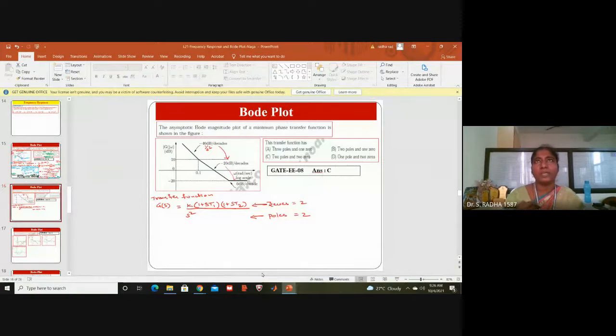Okay, in denominator first order factor means minus 20, numerator first order means plus 20, denominator second order means minus 40, numerator second order means plus 40. Integral factor means it is a denominator factor, each 1 by s will give minus 20. Derivative factor means it is a numerator factor, each s in numerator will give plus 20. These are the basic things.